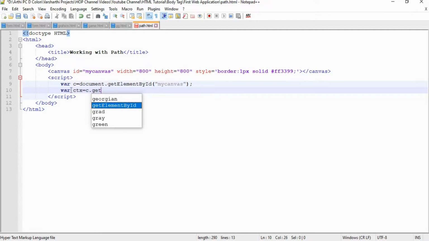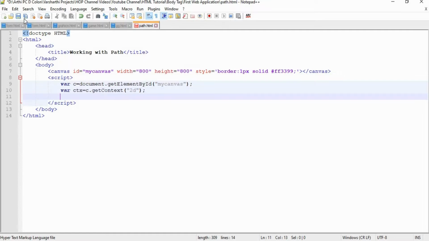After that we need to define the context for our graphical elements. So we have to call the method getContext with the object c, which holds the canvas. Inside the variable c we have stored the canvas element. Hence using that object we call the function getContext to define our context, which is 2D or 3-dimensional. Now save your program and run it.